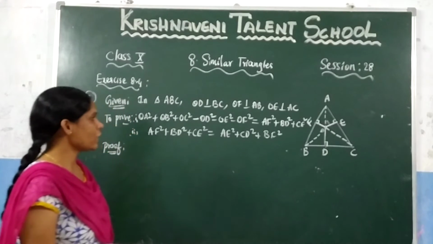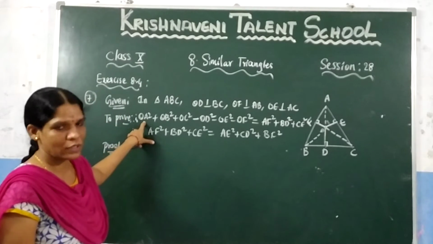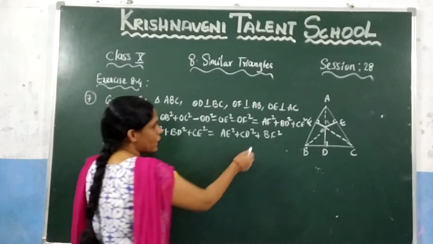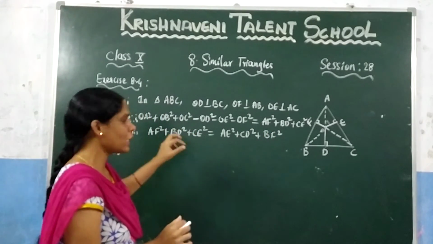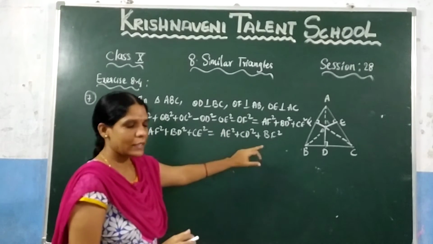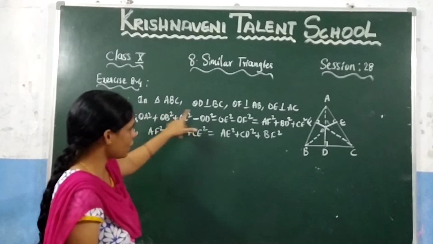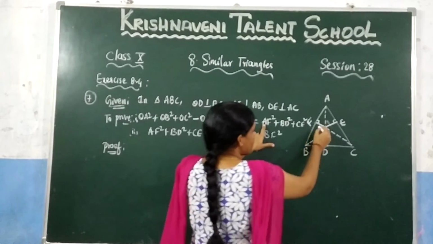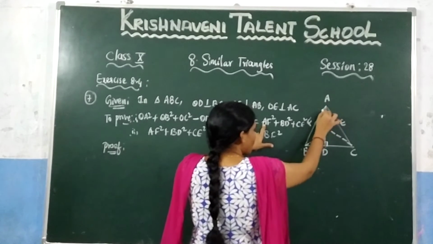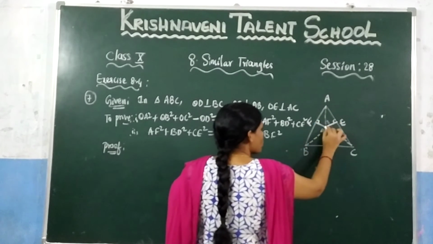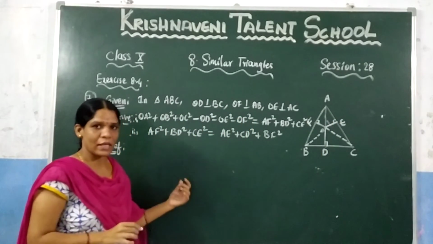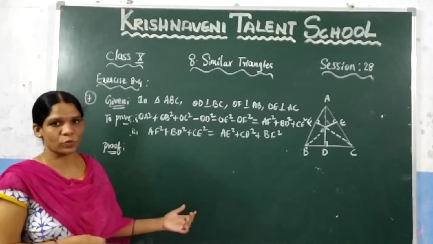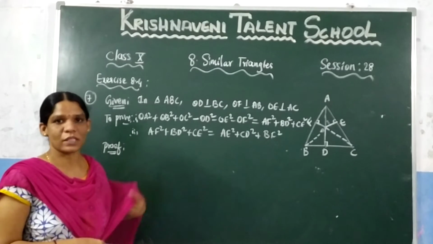Here, you can observe what they have given: OA is given. Now, if you see here, AF is given. Now, you need to check in which triangle you have these 2 sides. Clearly, you can observe OA square and OF square. That means here OA is there and here AF is there. So, you need to choose this triangle. Like that, you need to think what they have given and what we need to prove. Based on that, you need to choose the right angle triangle.